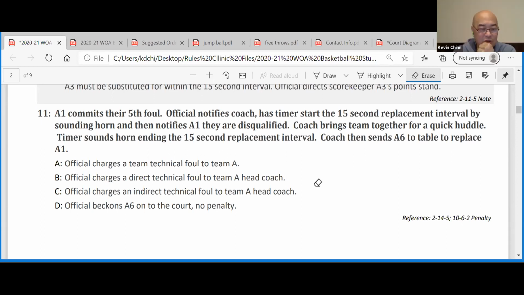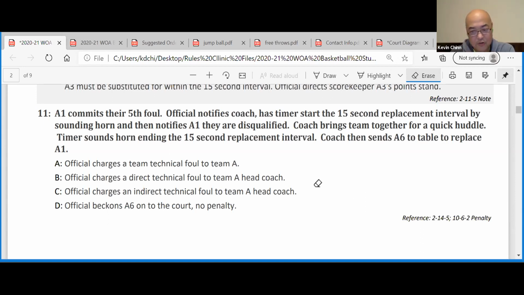Okay, let's come back to that for a second. I'm going to help you out a little bit. Your answer is 50% right. So would it be B, because it has to be to the head coach? It's not really to the team. You got it. Okay, so the rule is on a 5th foul disqualification,